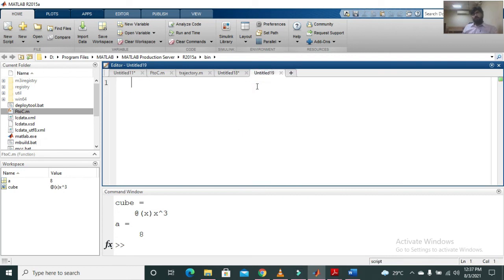So now, moving towards the script file. Trajectory of projectile. Now we will start off with clear all and clc.